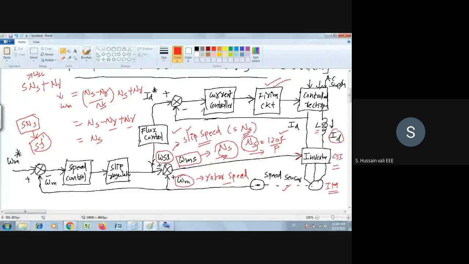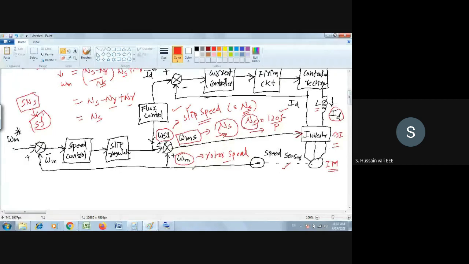Why is it controlling the frequency? You recall the last class, stator frequency control. In the stator frequency control, what did you learn there? You learned one graph. I will recall the graph here. This is the frequency, and this is the stator voltage. So there is a relationship between stator voltage and the frequency. What is that?